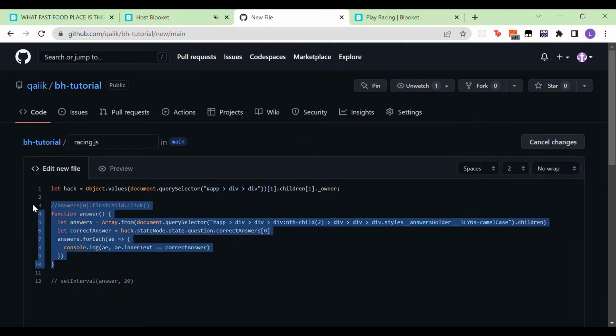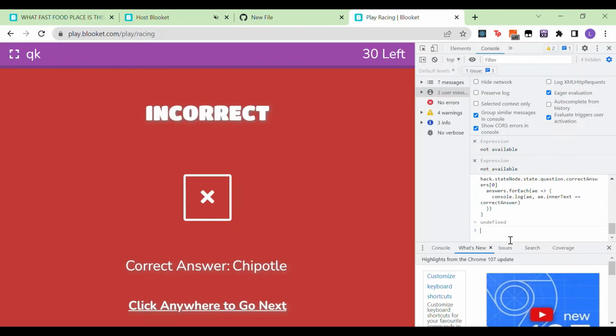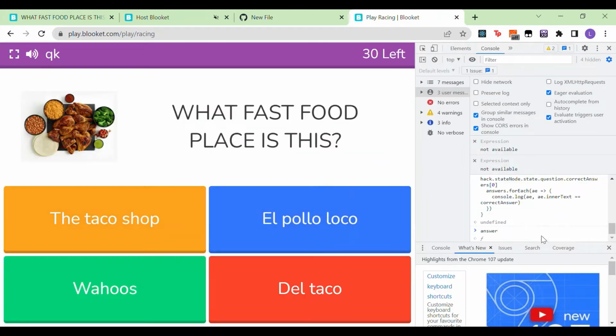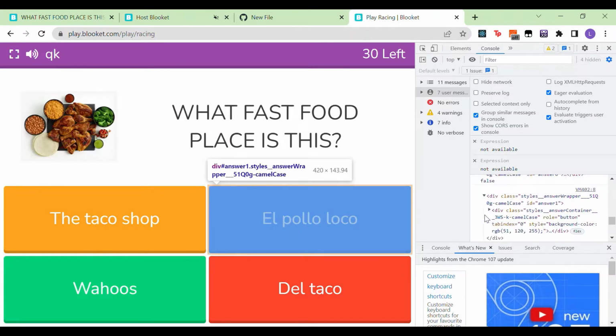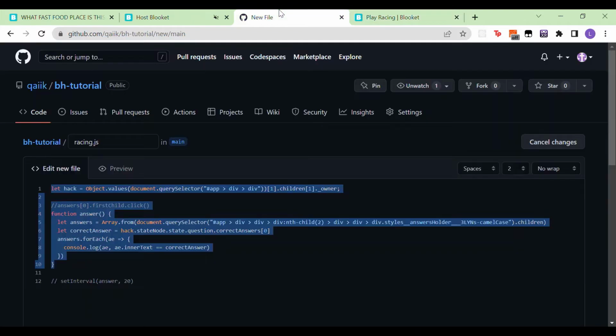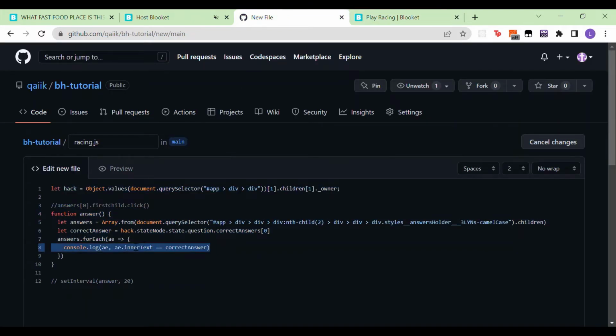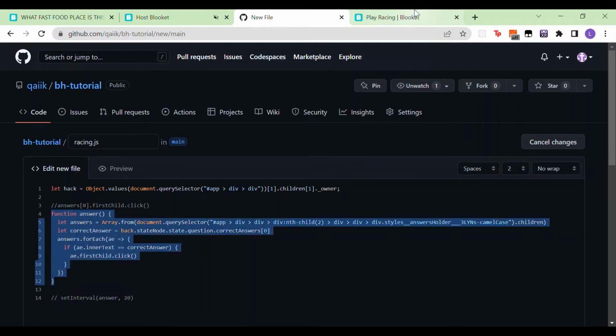Now, just as a test, we can press answer. Yeah, we've got to press answer. And this one here, this is true. So we're going to say if the answer in our text is the same, then we are going to do ae.firstChild.click. Now, if we copy this function,